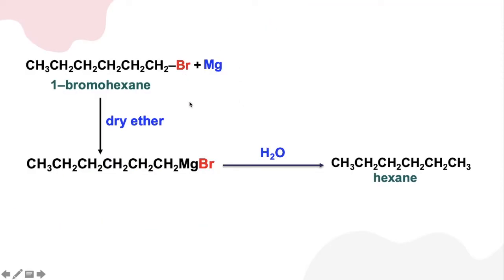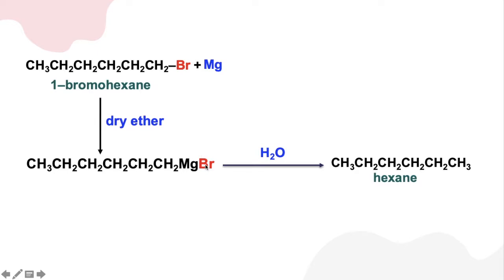So this is the example. This is the haloalkane reacting with magnesium in dry ether. This is the formation of Grignard reagent. Make sure Mg bonds to the carbon and the halogen, not C bonded to Br bonded to Mg, but the Mg must be bonded to the carbon and to the Br. So this is a Grignard reagent,